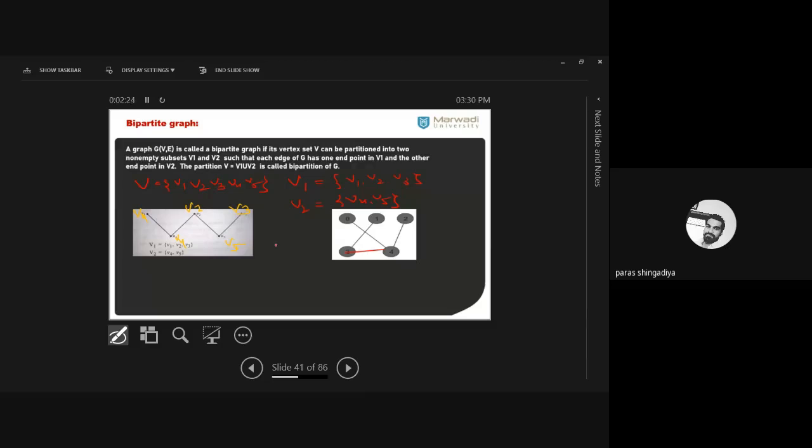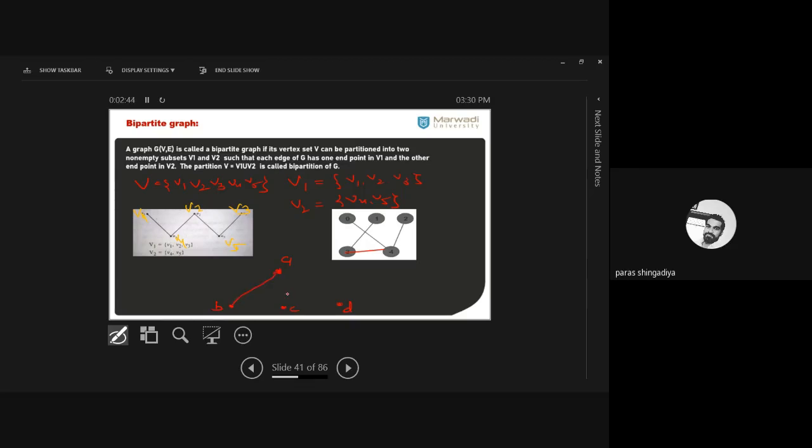And you can also add some more graphs here. For example, here there is only one vertex in one partition. Okay, only one vertex, and in front there are three vertices. Okay, let us say B, C and D. I have considered this partition: only one vertex on one side and three vertices on the opposite side. So this is a bipartite graph.